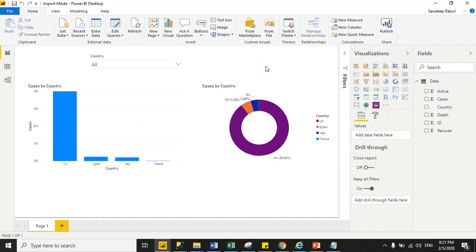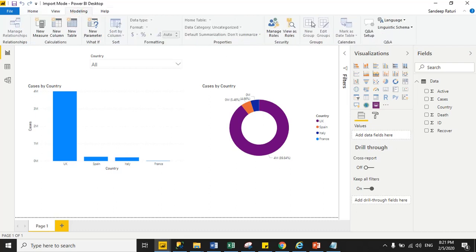Okay, so now we will create roles. So go to the modeling tab. Under the modeling tab, we have two ribbons. One is manage roles and the second one is view as roles. Through manage roles, we will create roles and you can see created roles under view as roles. Okay, so click on manage roles,